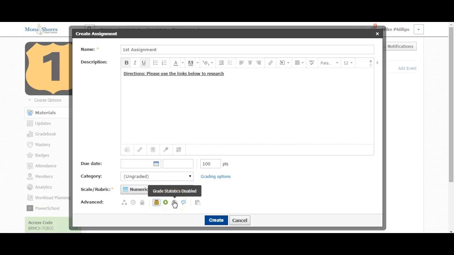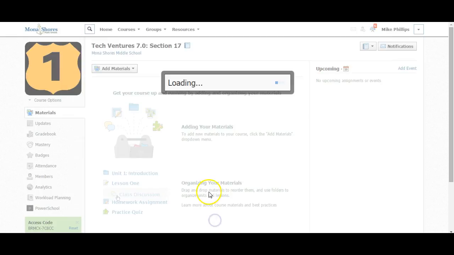I can enable statistics, so as I grade this, I or the students could see the statistics of the assignment, so what the average score was, what the median score was, the highest score, the lowest score. And I could also enable comments on this, and students would be able to comment on the assignment underneath it. And this is something that I usually uncheck because I don't want students talking underneath the assignment. I can go ahead and hit create,